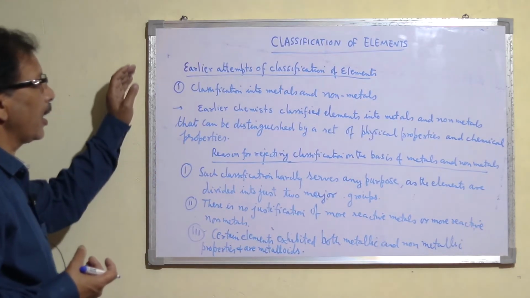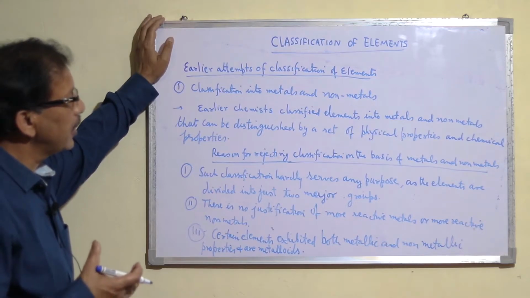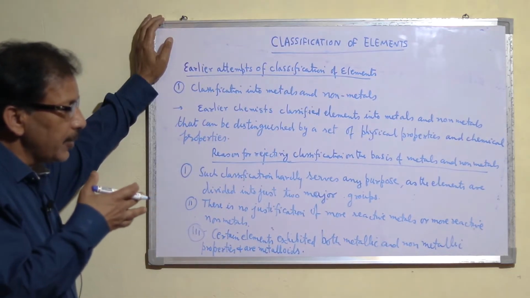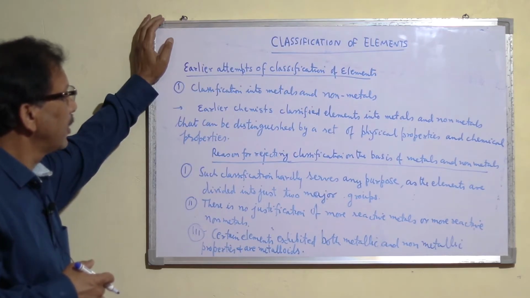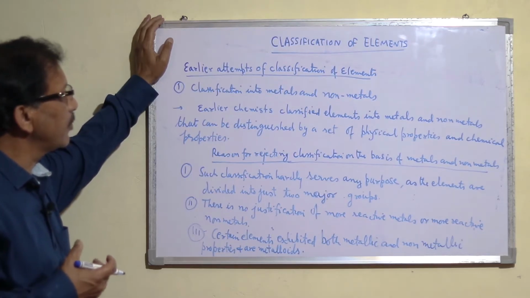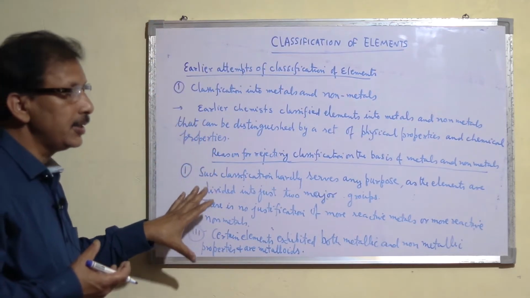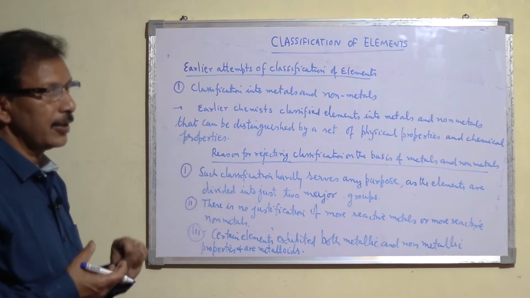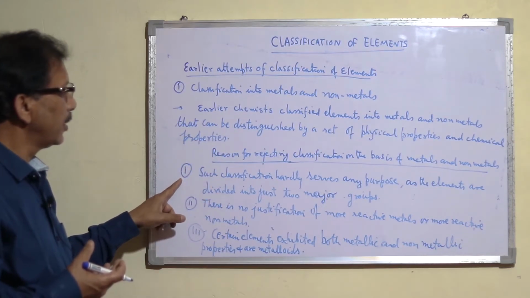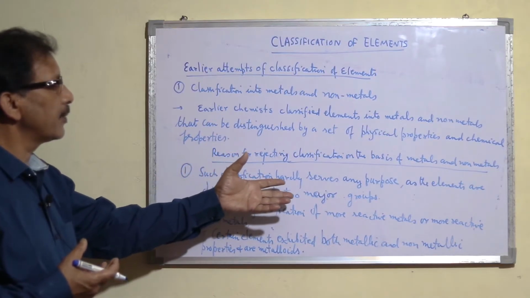By this set of physical and chemical properties, earlier scientists tried to divide the elements into metals and non-metals. But this classification attempt was rejected. Now, what are the reasons for rejecting classification on the basis of metal and non-metal? The first reason was that such a classification of elements into metal and non-metal hardly serves any purpose,